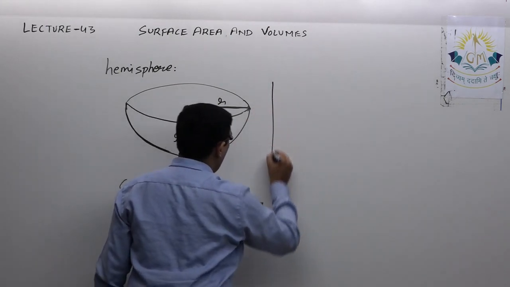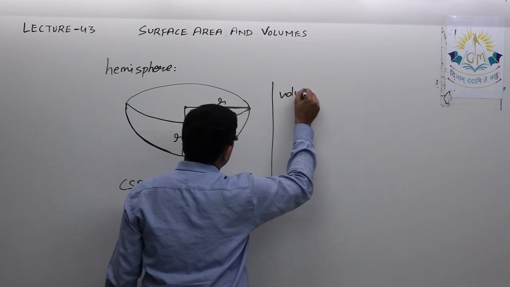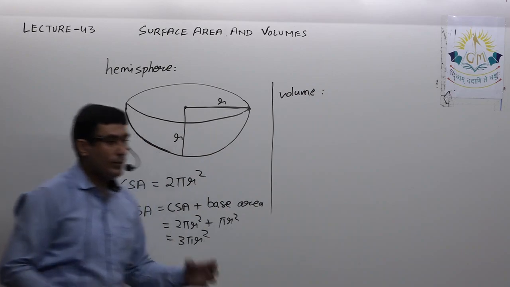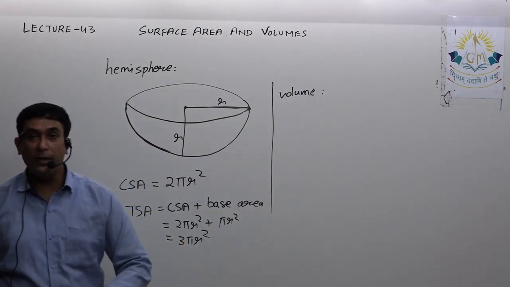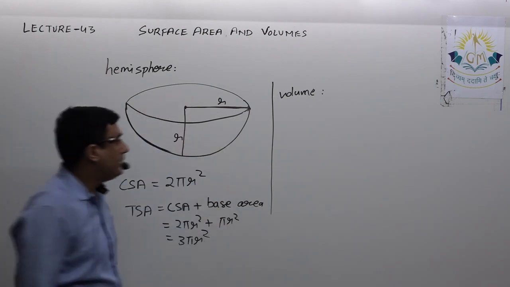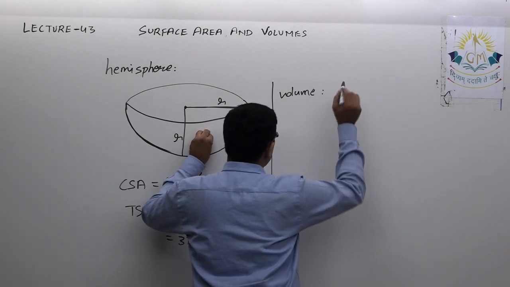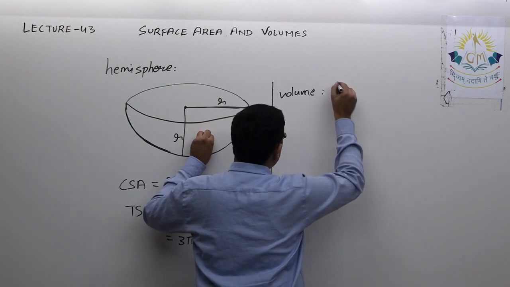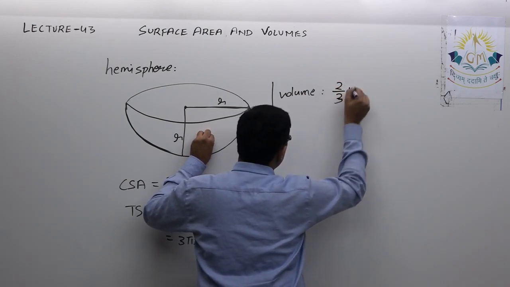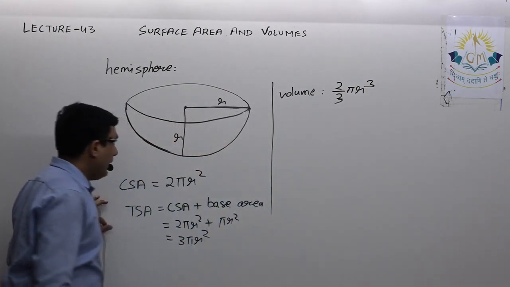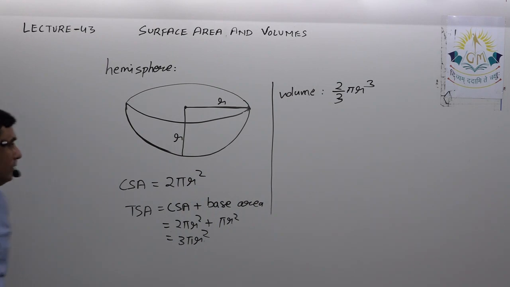Now, volume. Its volume we can say is exactly half of the volume of the sphere. That means the amount of liquid a sphere can hold and the amount of liquid a hemisphere can hold, definitely half of that. So, volume of a hemisphere is half of the volume of the sphere. It was 4 by 3, so this will become 2 by 3 pi r cube. Okay, so these are the CSA, TSA and volume of a hemisphere. So note it down, then we'll see the